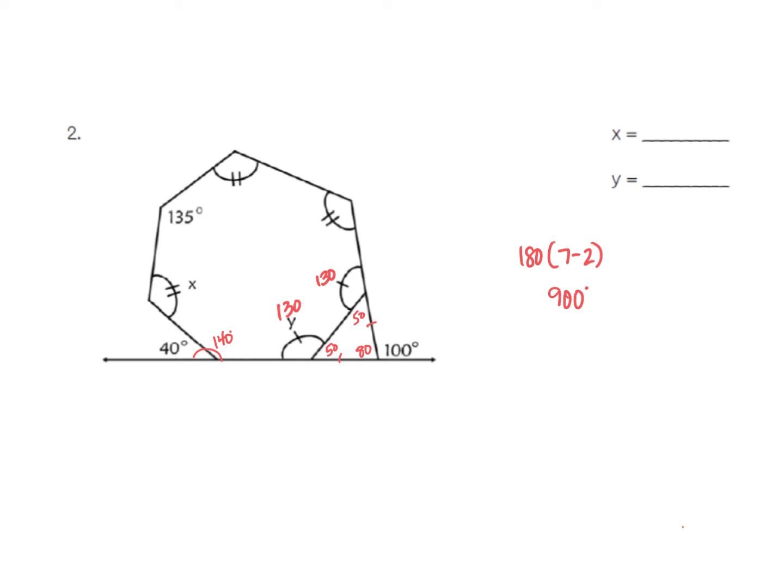So if I were to take my 900 degrees, and subtract all the angles that I do know, the 130, the 130, the 140, and the 135. I'm going to subtract all of those. Let's see, 135 and 140. Okay, I am now left with